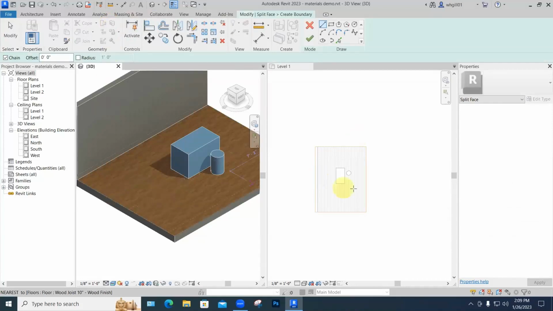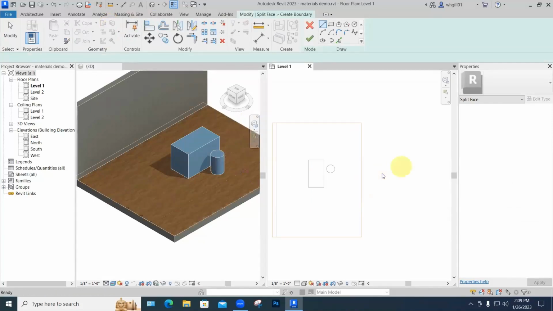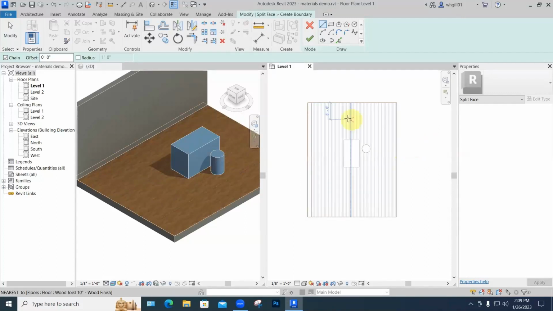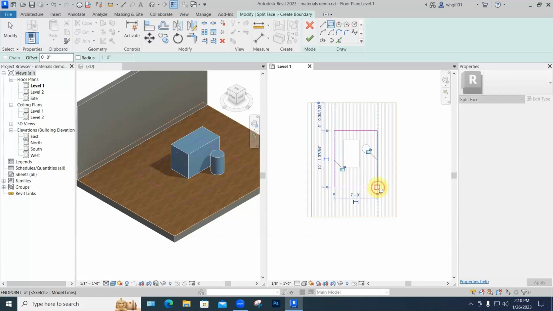And I'm going to do that in this view instead of 3D view, because what we have here when we're splitting a face is the borders of that space right now. And you can think of these yellow lines as if they represent masking tape. That's as far as the paint is going to go. If I mask out this area right here,